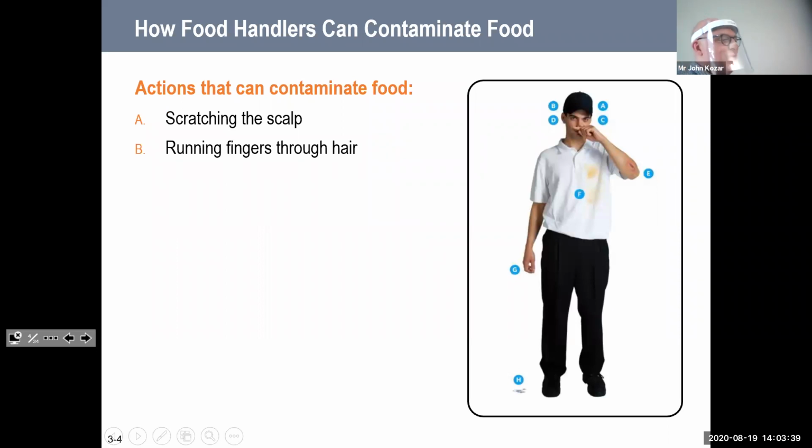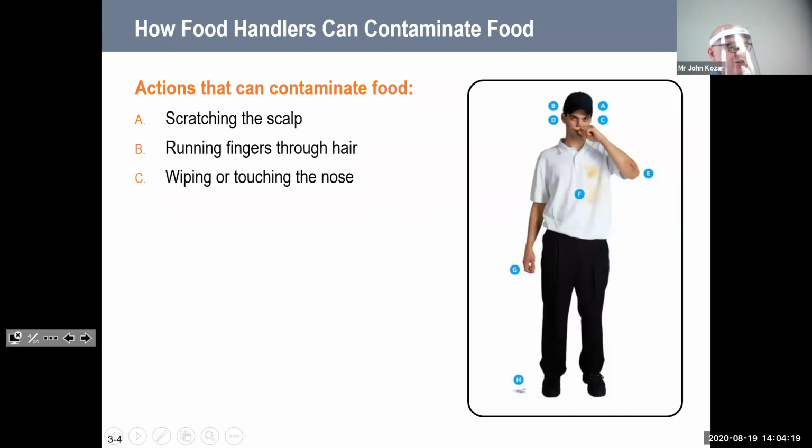Things that food handlers can do, actions that you do: touching your face, your nose, your hair, any part of your skin, because there's a bacteria called Staphylococcus that is on the skin of 25 to 35% of healthy people. It's just there. I have to wear a hat in the kitchen so I don't touch my head and bring bacteria onto the food. So any type of touching of the body, you need to wash your hands.